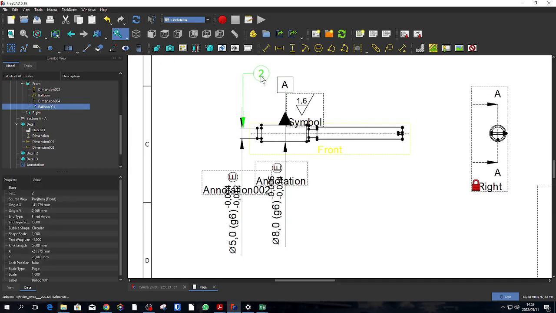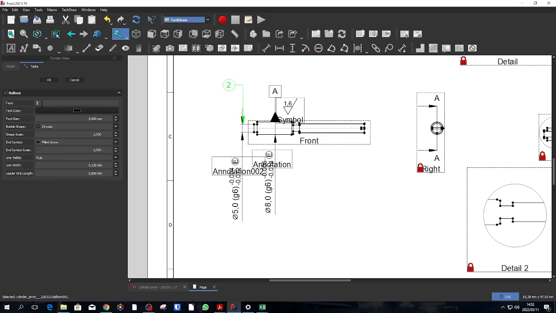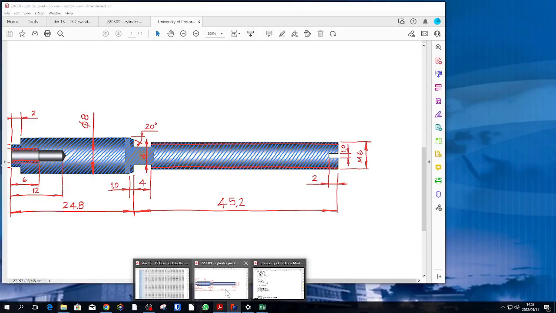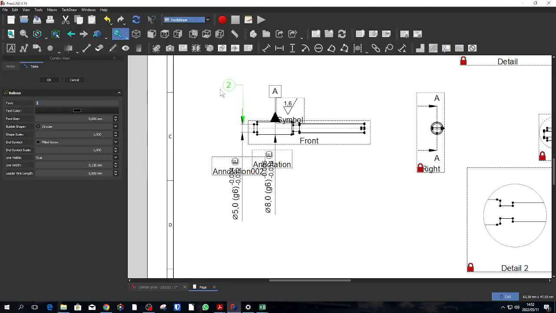There we go, let's do it there. Okay, so we are going to say, sorry, coaxial. Okay, so we select that symbol, go to FreeCAD, we add the coaxial,